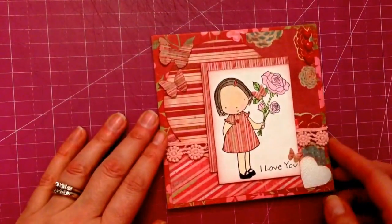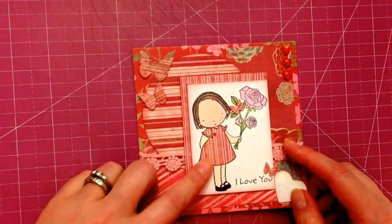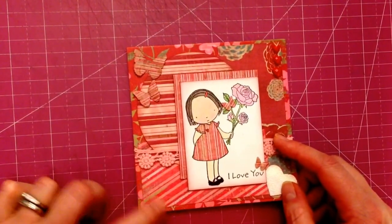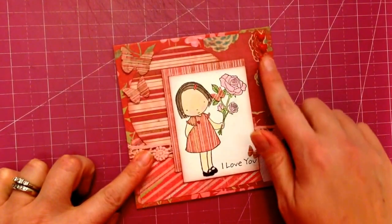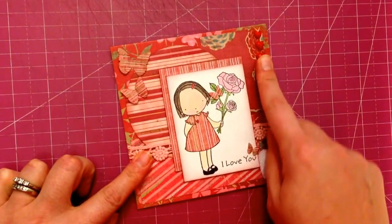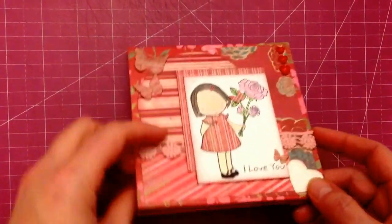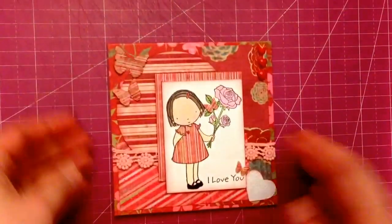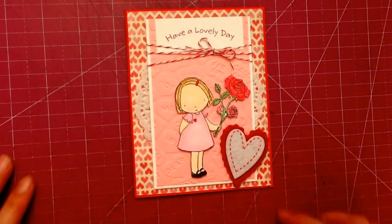This little lady is a Pure Innocence. Most of them are, I think. I colored her, paper pieced her dress, and then created this card front, added some hearts, some butterflies, some trim from my stash, and inside I just said "Happy Valentine's Day." So this one here,